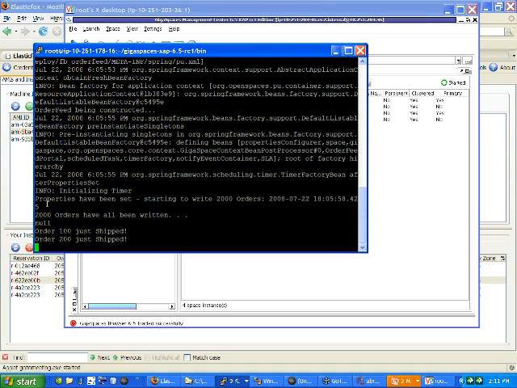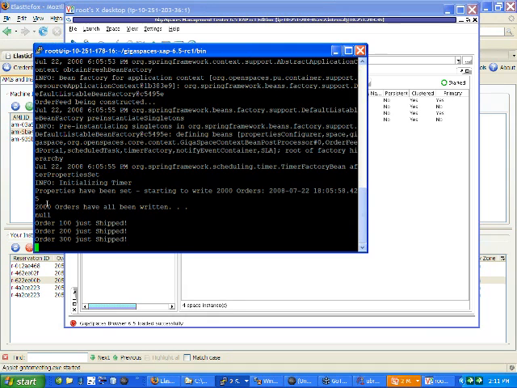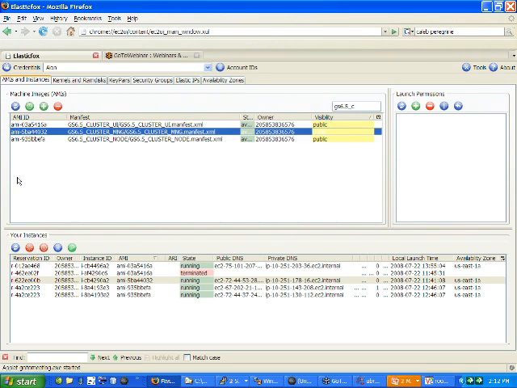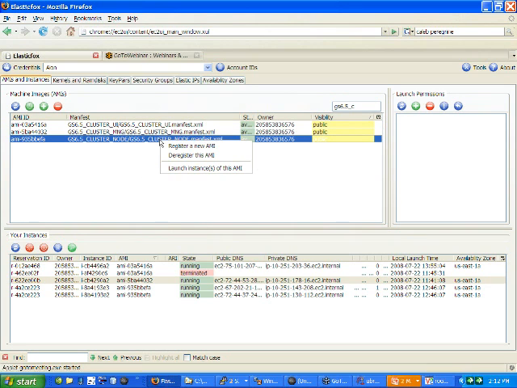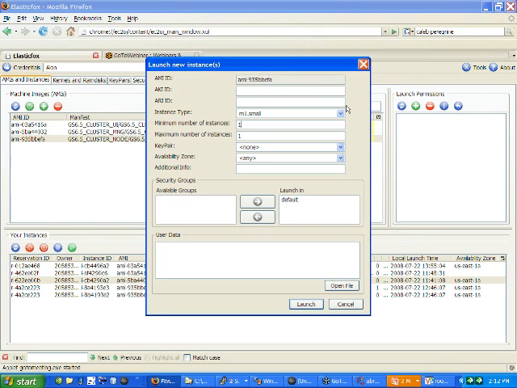So the client here is the feed that's going to write 2,000 orders, which it's finished doing, and now it's monitoring and watching as the orders get shipped, which is the final processing stage. And as you can see, it's plugging away there. I'm going to go back to my Amazon utility here, the ElasticFox, and I'm going to create some more nodes so I can run this faster, because we all want to go faster. So let's launch some new instances of this AMI, which is the container environment that I mentioned I can use. And let's add 8 more of them, which will give me a total of 10.